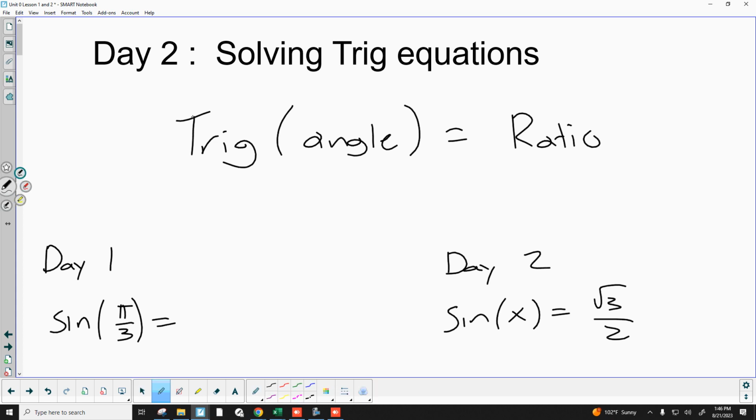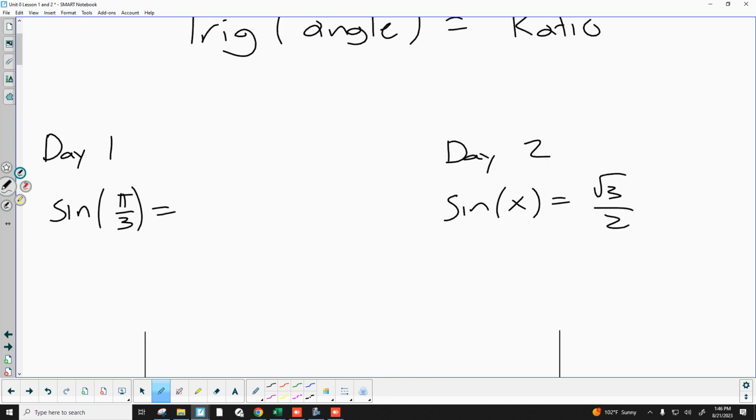Different perspective on this trig function of an angle equaling a ratio. Day one: given the trig function and given the angle, finding the ratio. For all triangles that are created with a base angle of 60 degrees,